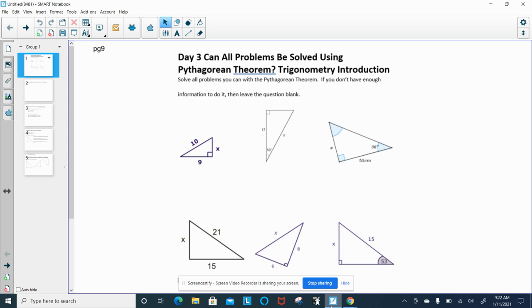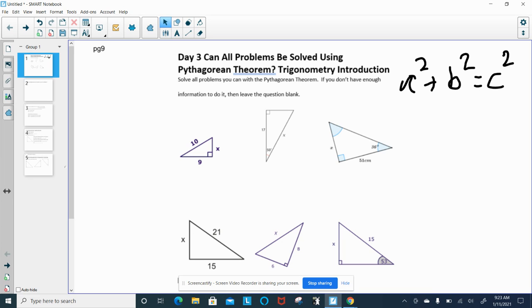Okay, day 3. You should be on page 9 in your packet. We're going to start to talk about a new concept today for right triangles. And this is the concept that we use when we cannot use the Pythagorean theorem. So when we look at these problems, we have 1, 2, 3, 4, 5, 6 problems. We want to try to look at the ones that we can solve with a squared plus b squared equals